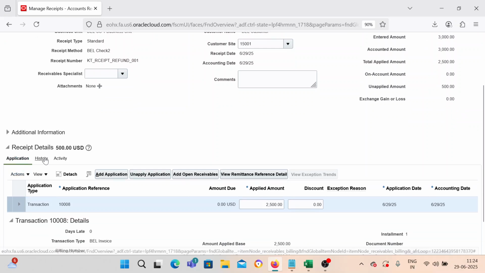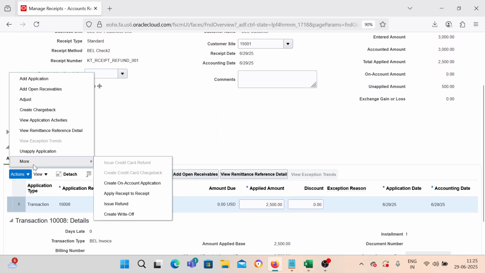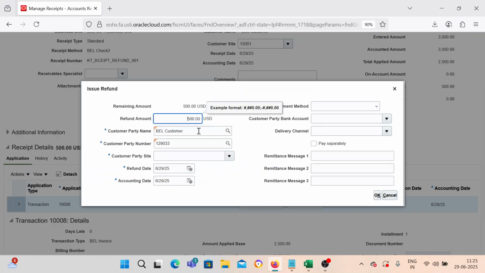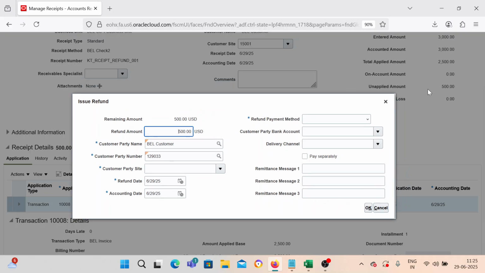So we were unable to see the field called issue refund. Now if you click on action, go to more, you can see issue refund. Click on it. It is ticking up automatically 500. It's just because the system understands that whatever the unapplied amount, the excess amount, should be refunded back to the customer. And whenever you are performing a refund, the very first thing you should know is